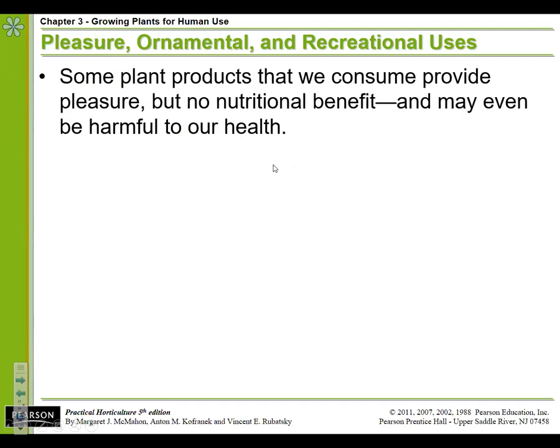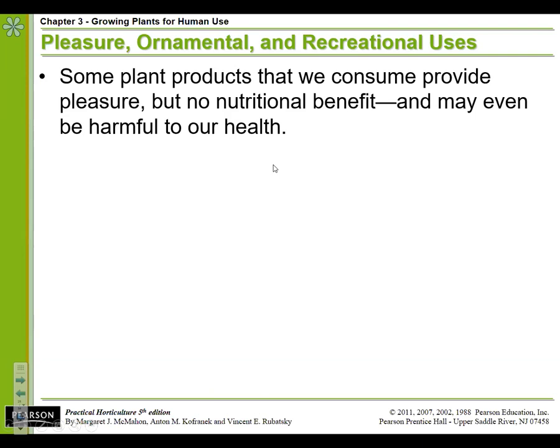So we'll talk about that again when we go to the plant pest management part of the book. When we get into that, we're talking about how using a pesticide, a little bit of it can work very well and be like a medicine for the plant. Using a lot of it can also be poisonous, right? So moving on,